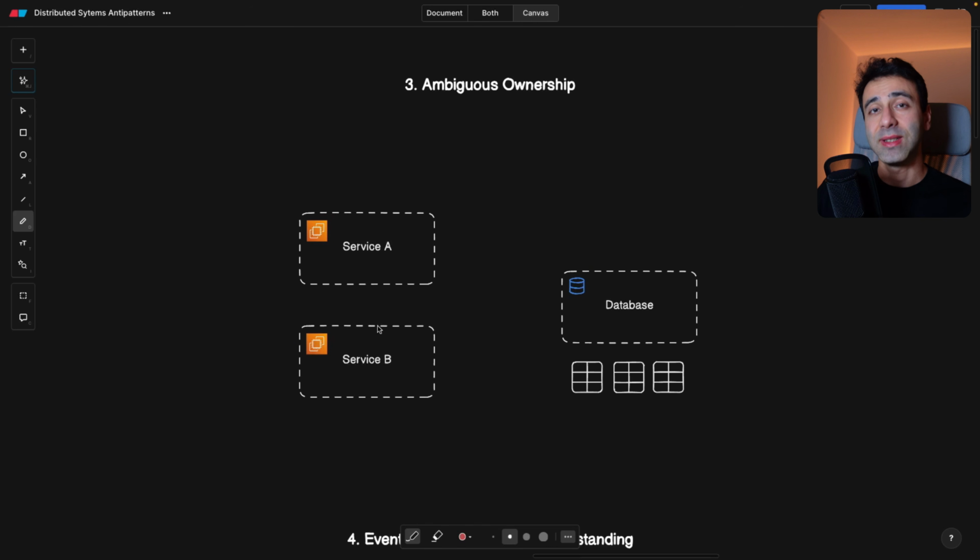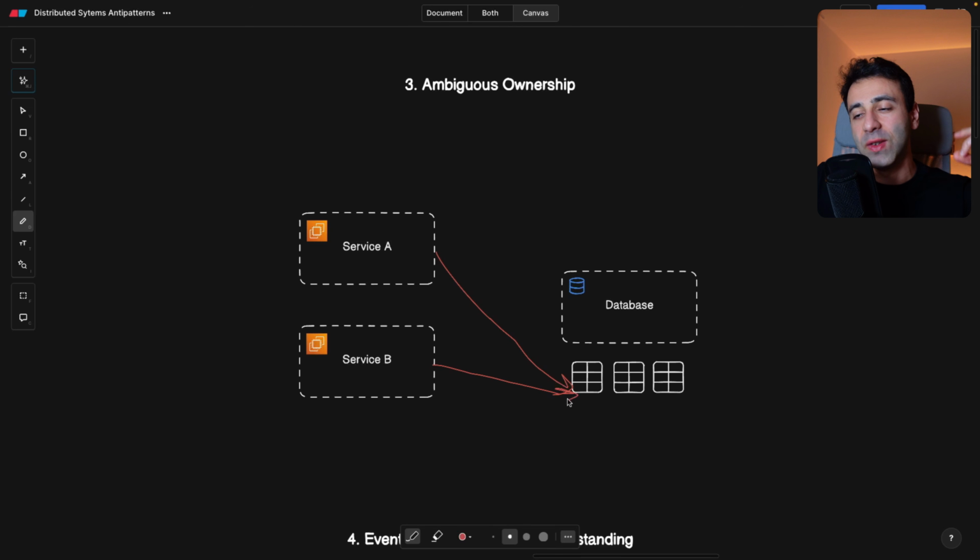All right, the third point that I want to bring up is ambiguous ownership. This is something that I really see in systems that are not really architected well. So let's say we have two services and they're all contacting the same database. Totally fine, right? You can have this kind of an architecture in microservices where two microservices are contacting the same database. But the issue starts when the service A is trying to fetch the data from the same table or modify it, and service B is also trying to